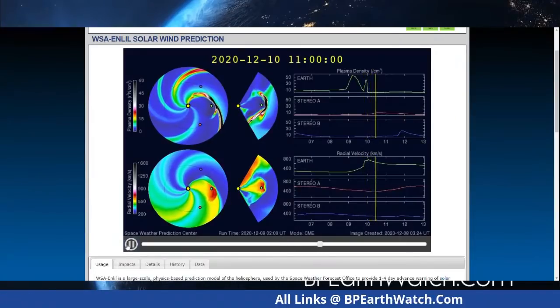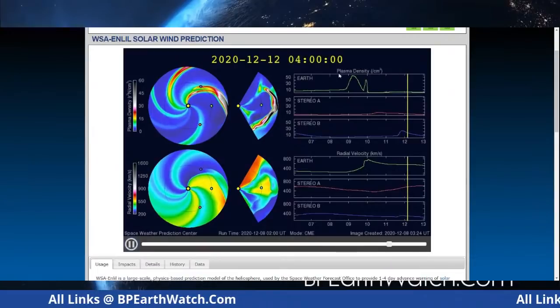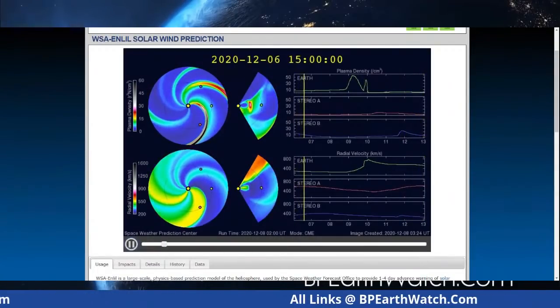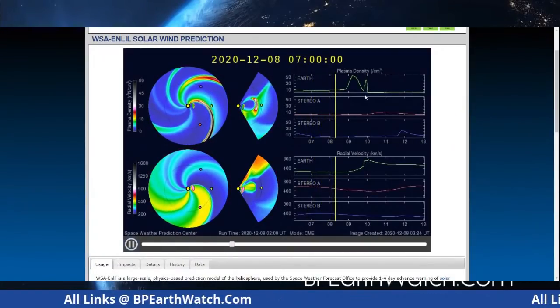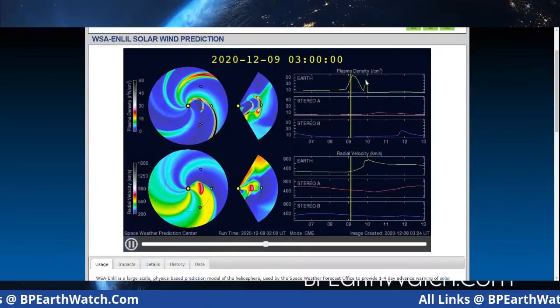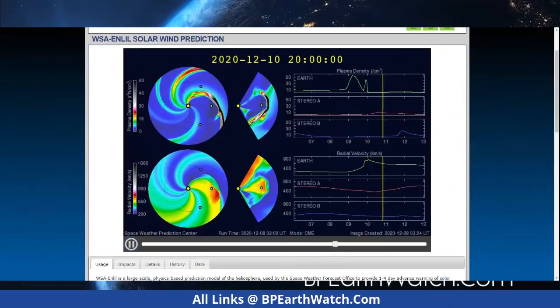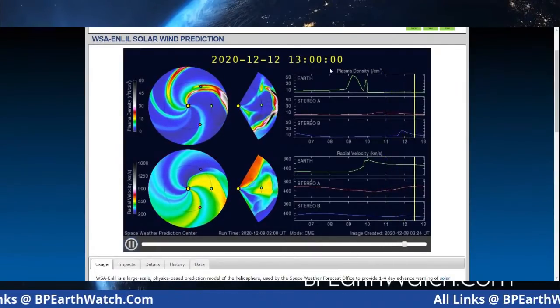So again, let me play this thing through. And again, we're going to have a plasma density bump coming up very quickly. Then the impact of the solar wind here. And note that there is a plasma density increase up around 40 during that point. So that's the amount of protons inside that wave.